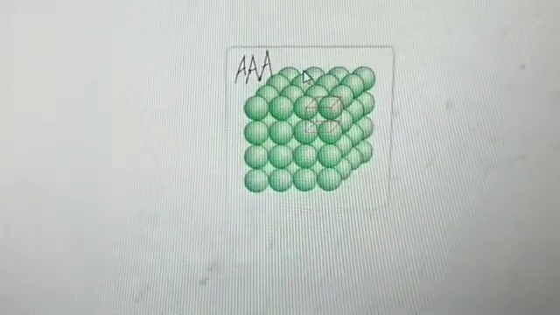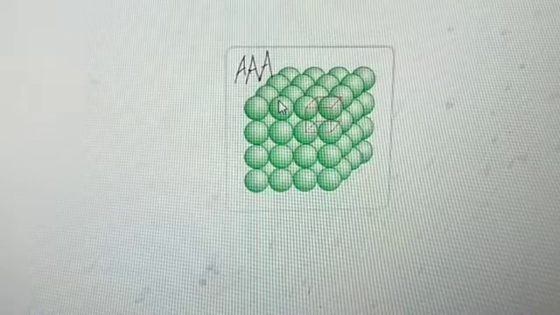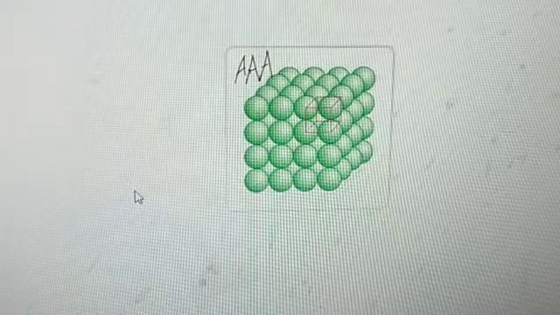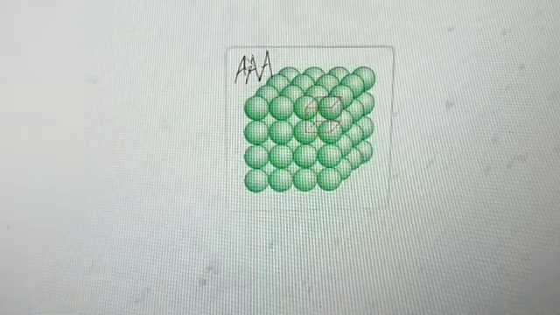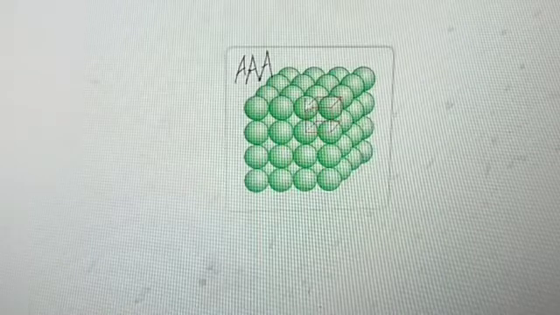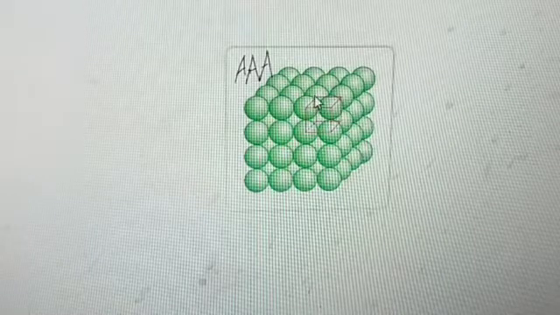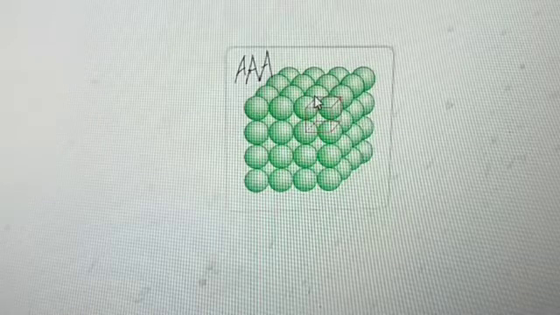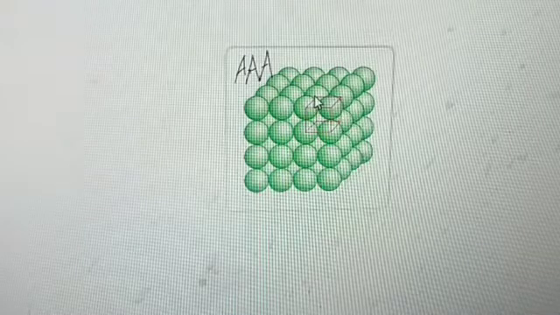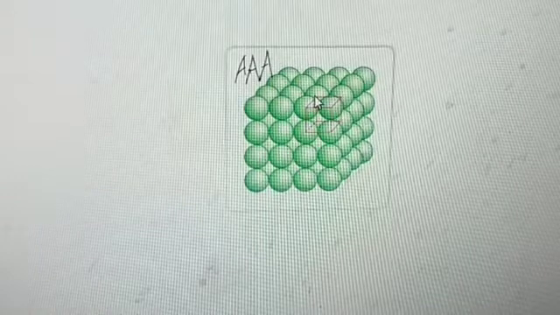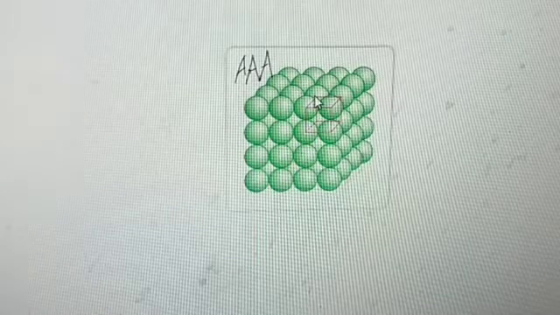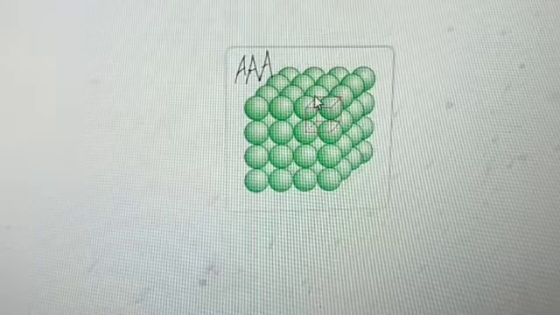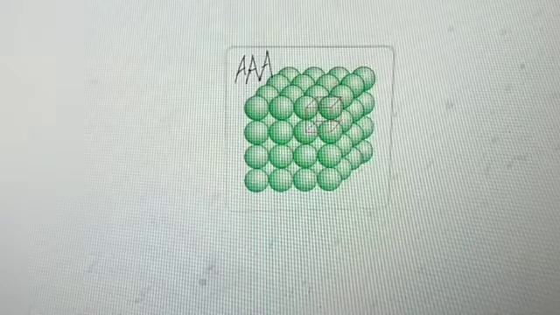So the next one is the 3-dimensional close packing from the 2-dimensional hexagonal close packed structure. This was the 3-dimensional close packing from the square close packing structures. Now we are going to explain the 3-dimensional close packing from 2-dimensional hexagonal close packed structures. So how can we get them? By placing the rows or the layers one over the other. Now placing the second layer over the first layer.